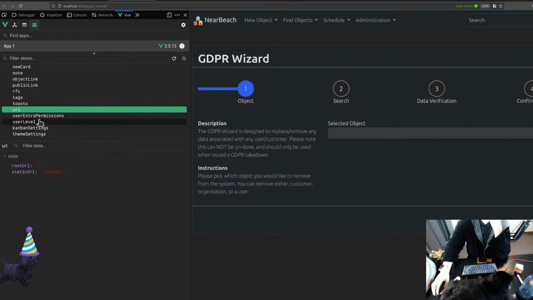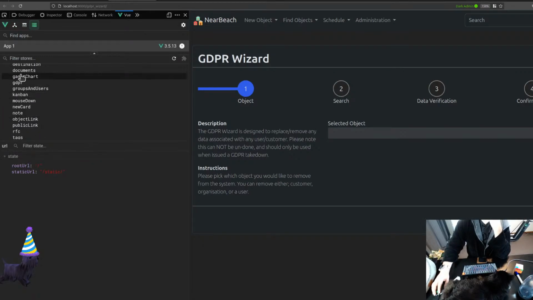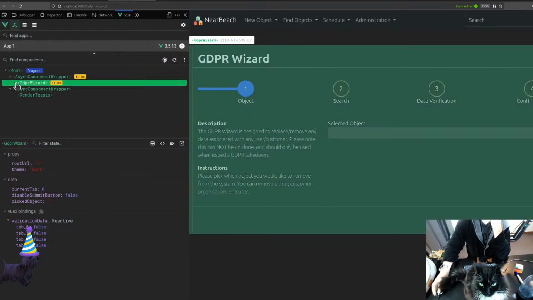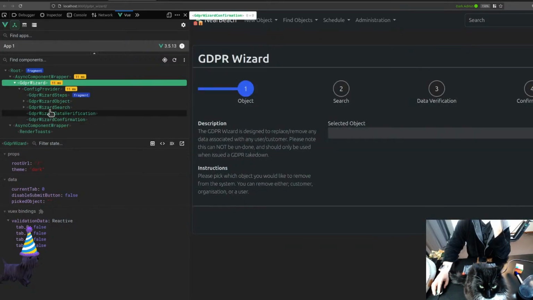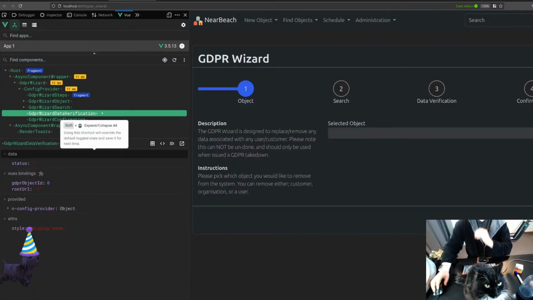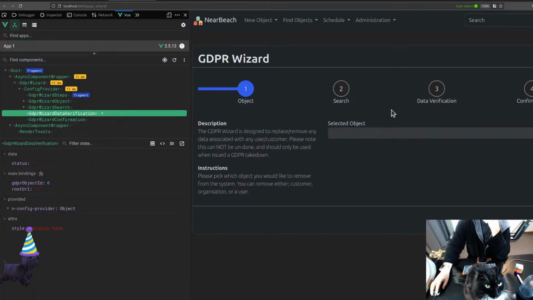Store wasn't in there, so this would be part of the GDPR section. Hang on, it's actually part of the view components. GDPR, wizard, config, data verification. If we get rid of this to be like this, you'll see here,